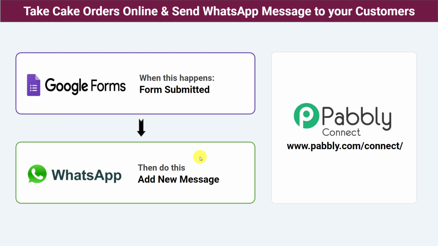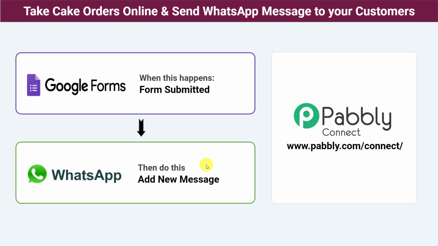But when the number of customers increases, it becomes quite difficult to take the WhatsApp number of customers from Google Forms and send the order confirmation messages to them manually, which becomes a time-consuming and tiresome process. So in this use case, we want that whenever a customer fills in the Google form, automatically he should receive an order confirmation message on WhatsApp stating the details of the orders.